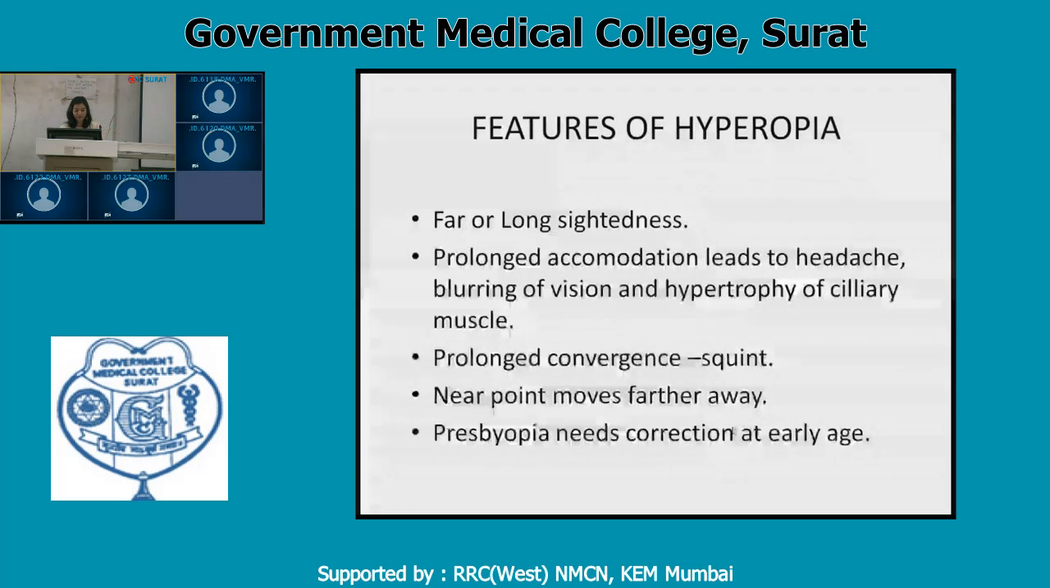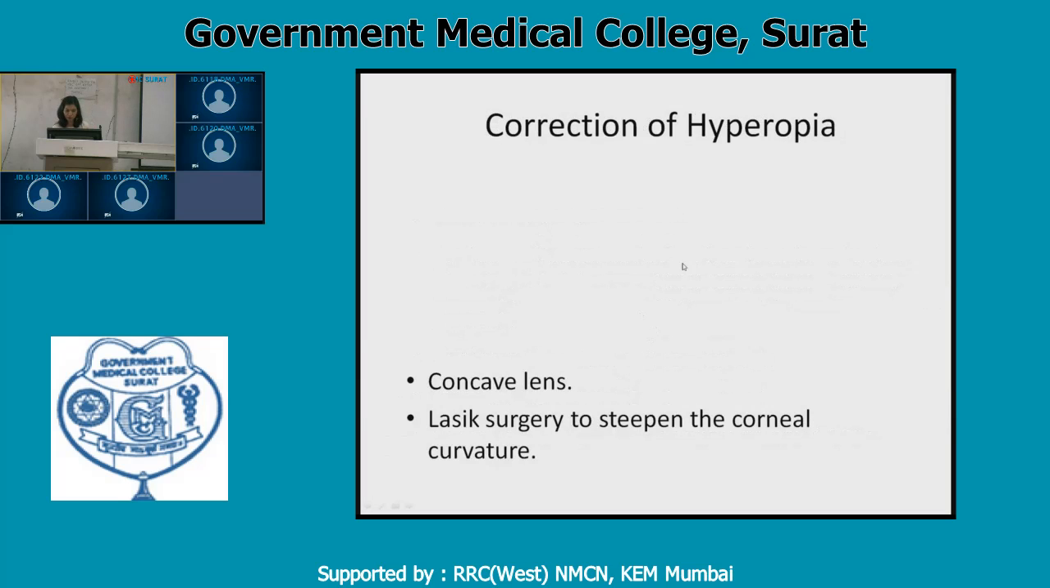And presbyopia needs correction at an early stage. As I have told you, for a normal person the presbyopic glasses come at the age of say 42, for myopia it comes at around 48 to 50 years, and for hyperopia it comes even earlier. So they need presbyopic correction at an earlier age, say maybe 35 to 40 years of age. Now how to correct this hyperopia is by use of a